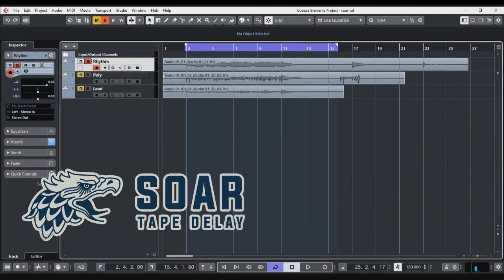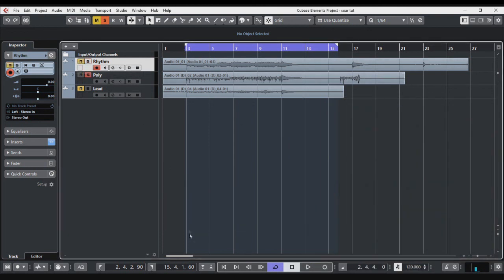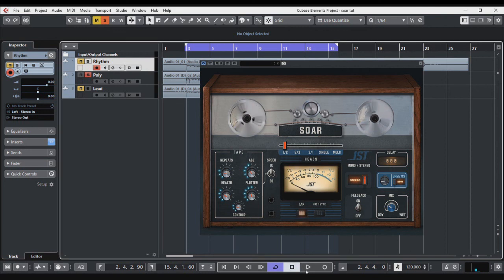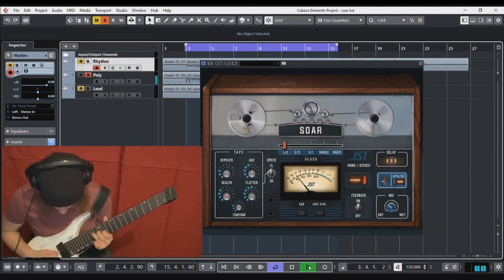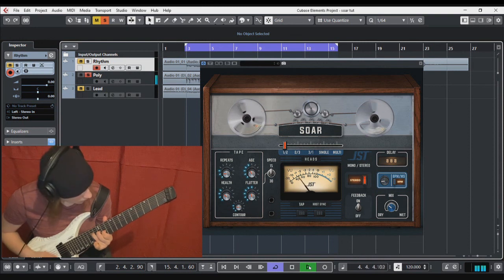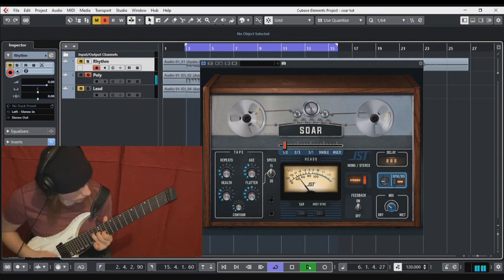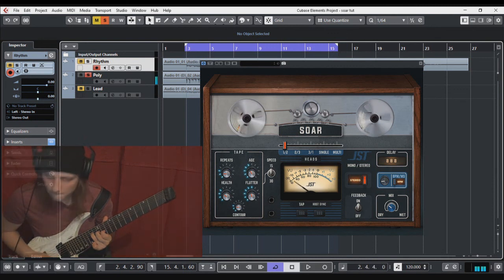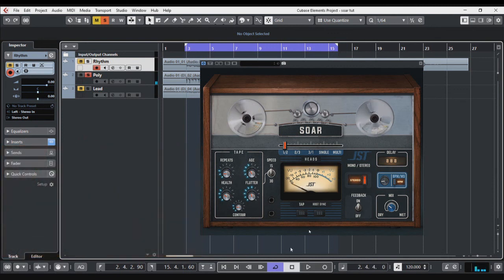Now, let's go ahead and move to this polyrhythm here. So with this, these are my current settings right now. Let's send it off of bypass. And then let's go and play. So that's where I have